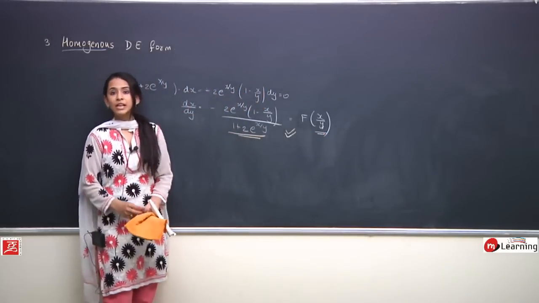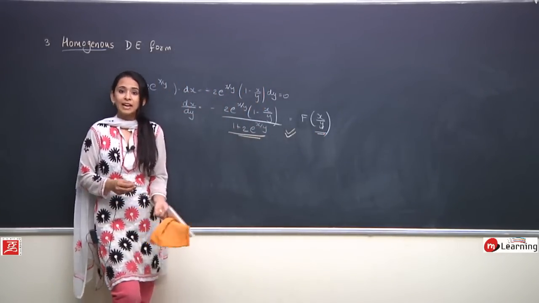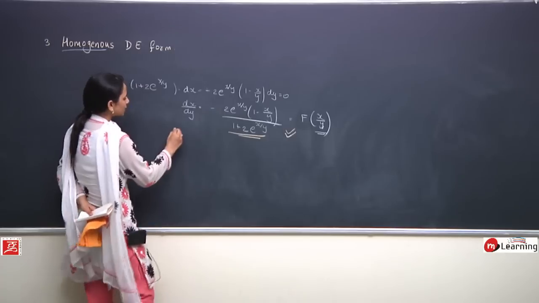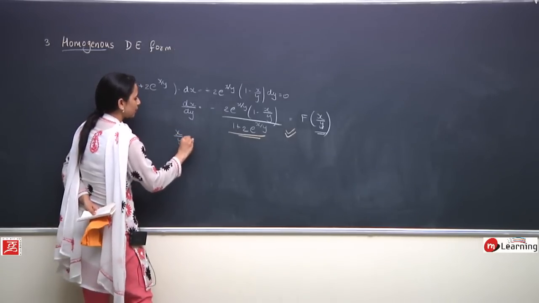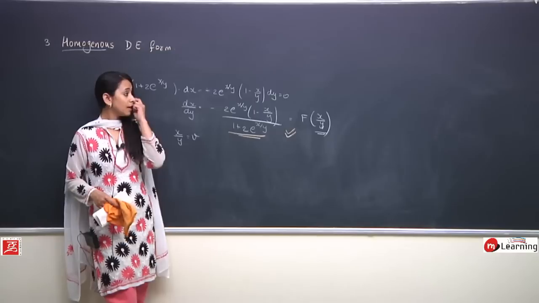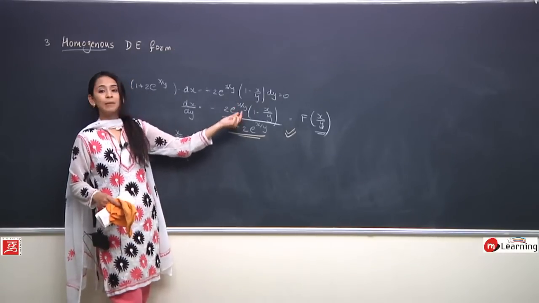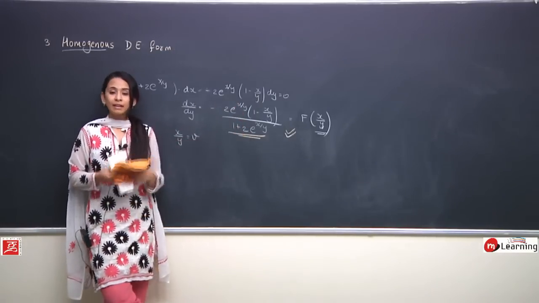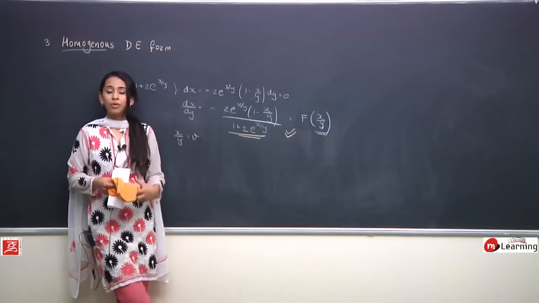अब homogeneous differential equation है तो solve करने का क्या तरीका? वही standard approach. Substitute x upon y as v. Now why we have selected x upon y as v rather than y by x as v? Because what I can see is that the equation is completely in the form of x upon y. That is the reason in this case we have selected x upon y.